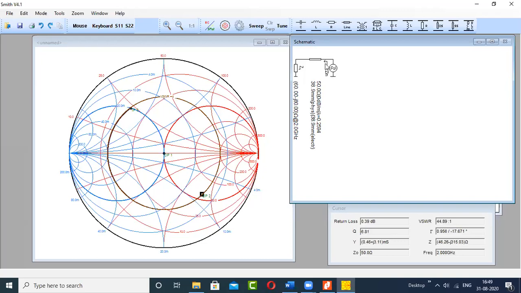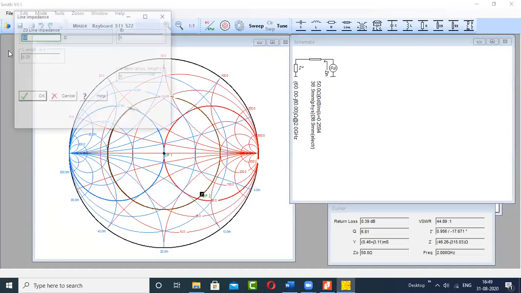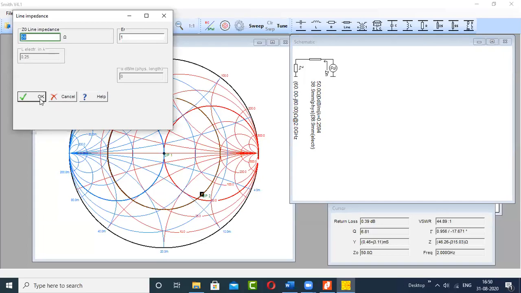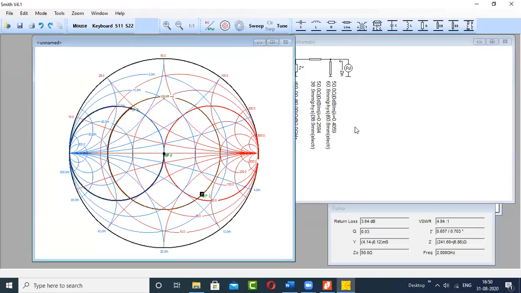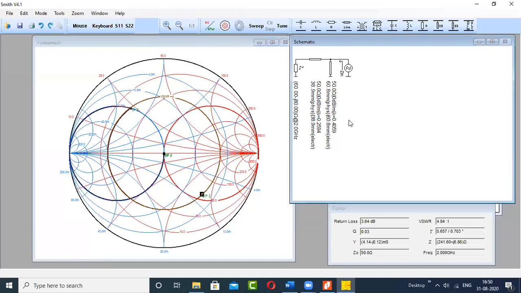So how to move to the center of the Smith chart? By adding a stub. Which stub is your choice, but because this is the second solution, we'll prefer to work with the short circuited stub so that you can compare it. So now I will click this short circuit stub whose characteristic impedance is 50 ohm. Now just go to the center of the Smith chart, click it. This time you can see that the length of the stub is 0.4. Earlier it was 0.09, almost 0.1 lambda, but now it is 4 times more. So the length is very large.